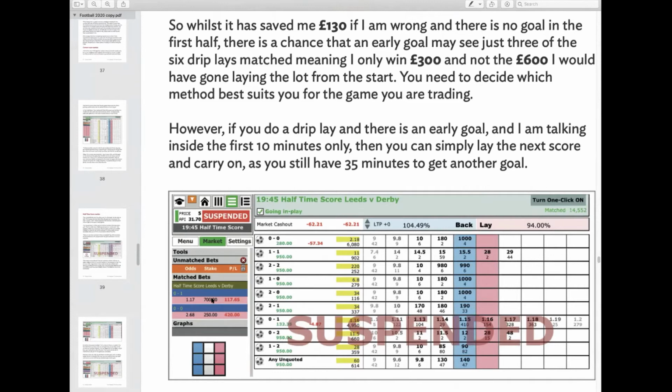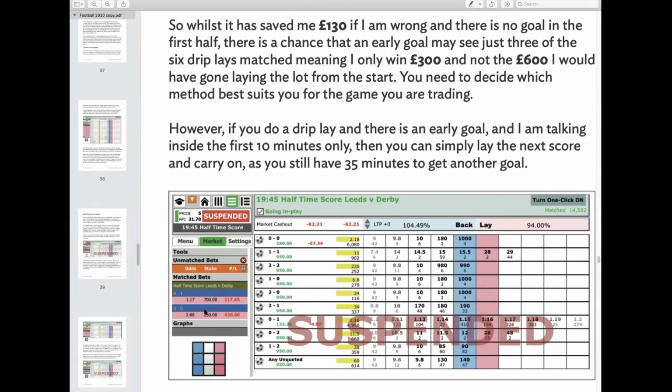1.17 for 700. Now that looks a big bet, but it isn't, because once it became 0-0, once it wasn't 0-0, this 250 is in the bank. I've won that. They can't take it back, and I'm only risking 117. So I've virtually given back half of my profit to have a shot at another goal. So I've jumped in here 0-1 for